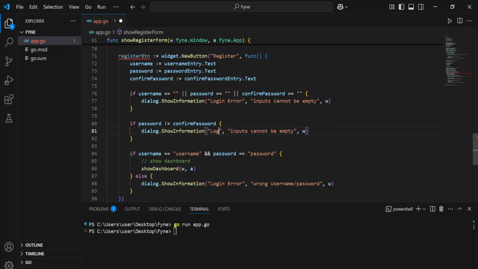We can maybe call this password, and then we say password and confirm password do not match,